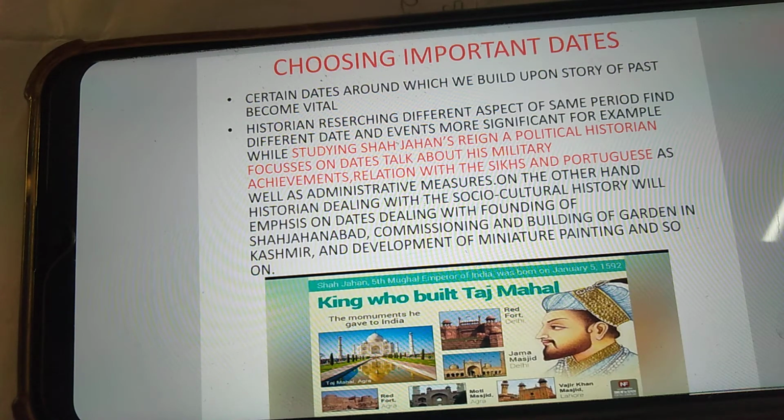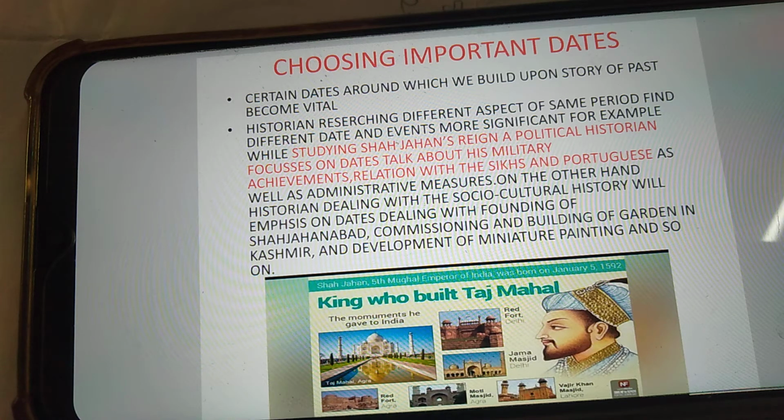Choosing important dates. Certain dates around which we build the story of the past become vital. Historians researching different aspects of the same period find different dates and events more significant. For example, while studying Shah Jahan's regime,